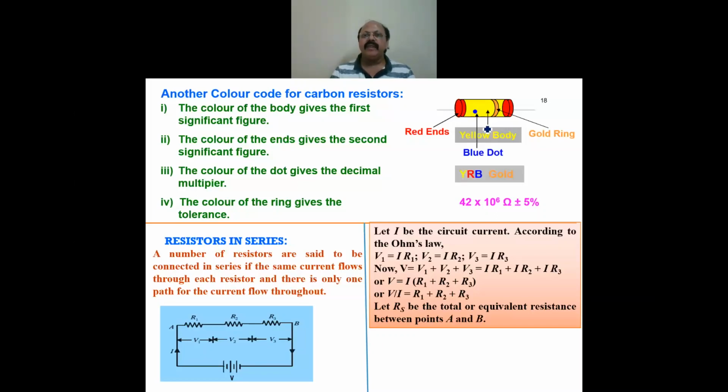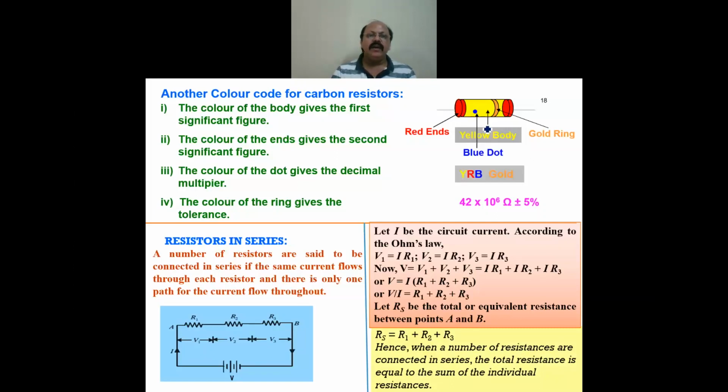So you can understand how to write the value of a carbon resistor with the help of the table sentence which was made for you, and the colors given on the rings or on the other carbon resistor. You have to remember these methods, and then you can find the value of carbon resistors. Now, resistors we generally use in series and parallel, which you have already studied in lower classes also.